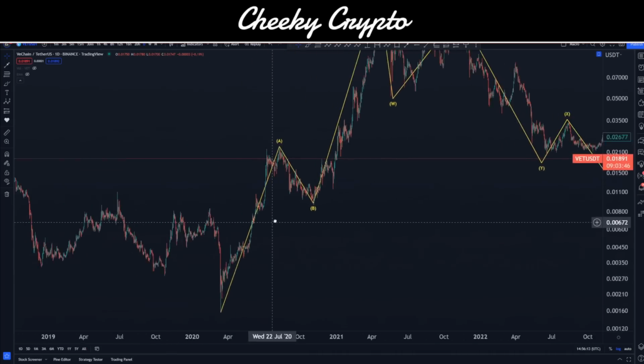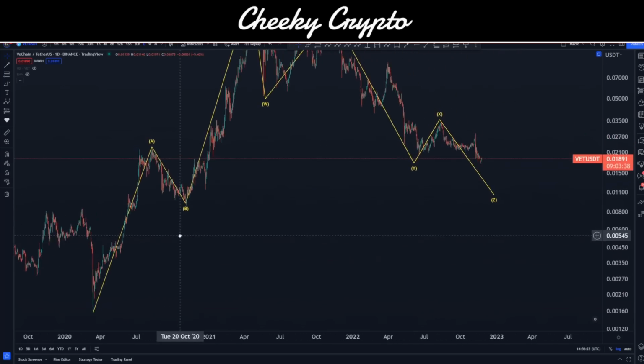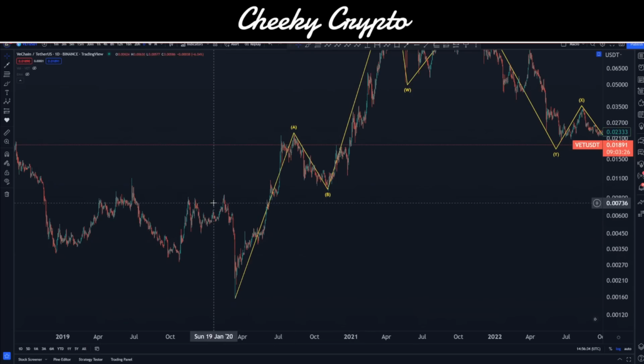Now, I was actually invested in Vechain pretty much during this moment to the upside as well, when it was lower than a cent. And I tell you, it was quite the ride. So I wouldn't mind revisiting those areas if I'm being brutally honest. Now, the other thing that we want to think about here is the areas of key support. There's actually quite a bit to be found just in this 7 to 8 or 0.007 to 0.008